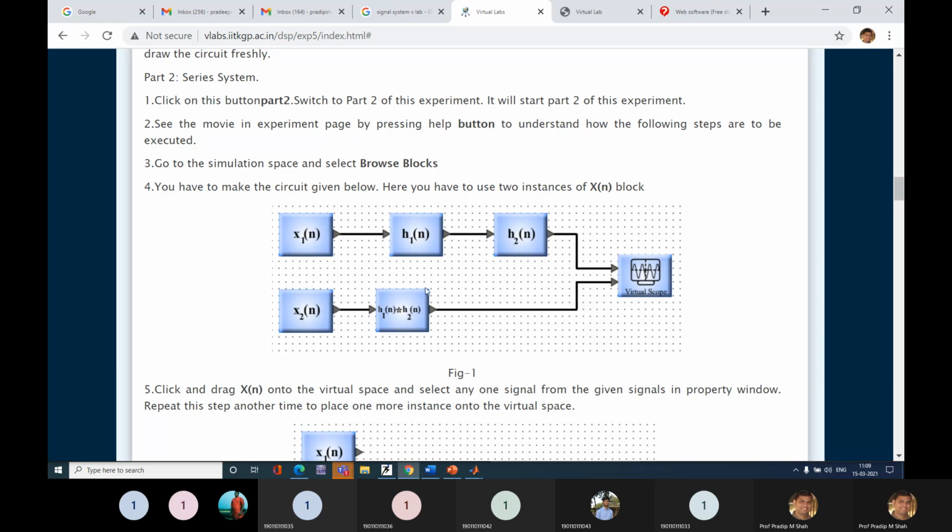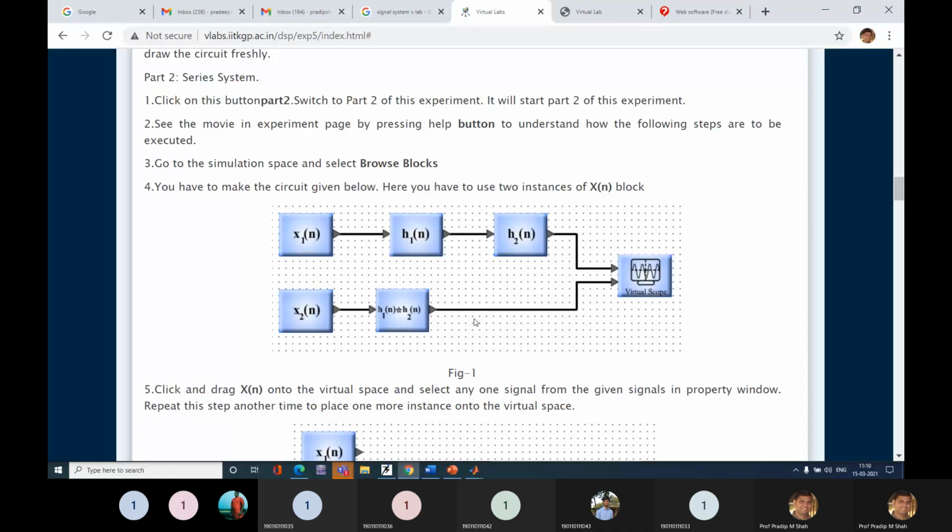And the system impulse response is already a convolution of h1 of n and h2 of n. So ultimately my output is x2 of n convolved with h1 of n convolved with h2 of n. Is it clear? Yes, sir.